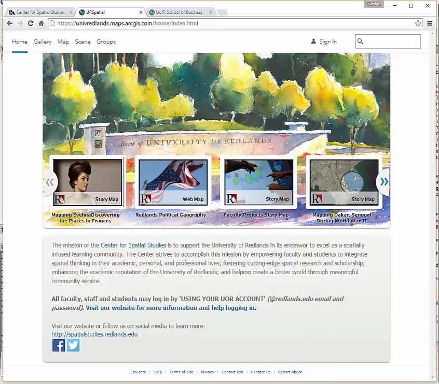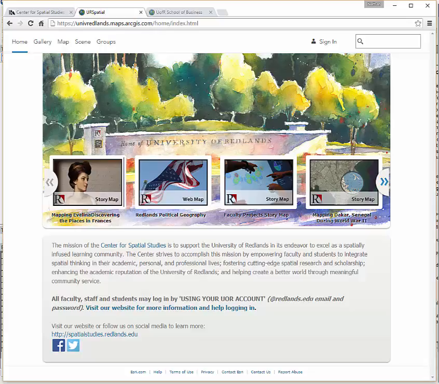ArcGIS Online is a website, a platform really, created by Esri, which has its headquarters about 2 miles down the road from the Redlands campus. It's a platform for creating GIS data, for doing analysis, for making maps, even making web applications. And I often tell people that it's kind of the Google Docs for the GIS world, that we can create new GIS content, share that, collaborate on that. It's really a great platform for making more complex analysis easier, more fun, and done in a